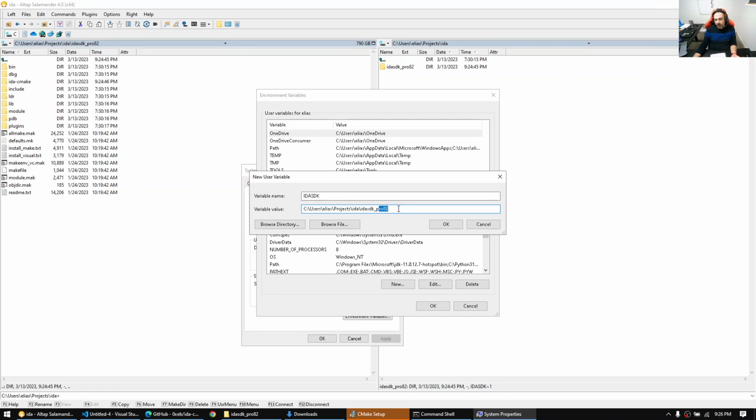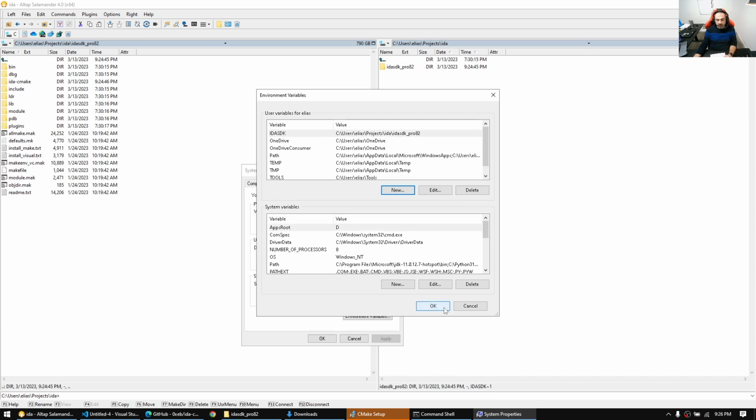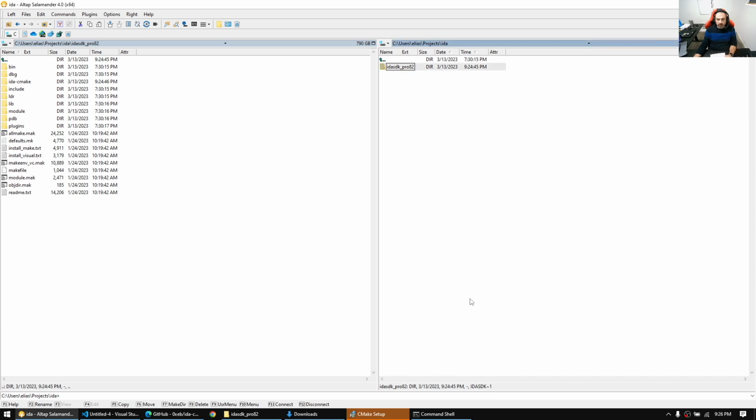Now, if you have a different SDK, there are ways with ida-cmake where we can build the same plugin with various different SDKs without having to change the environment variable. So we can point where the SDK is from the command line. But for now, the easiest way, simply set it up once and forget about it. So once we did this,